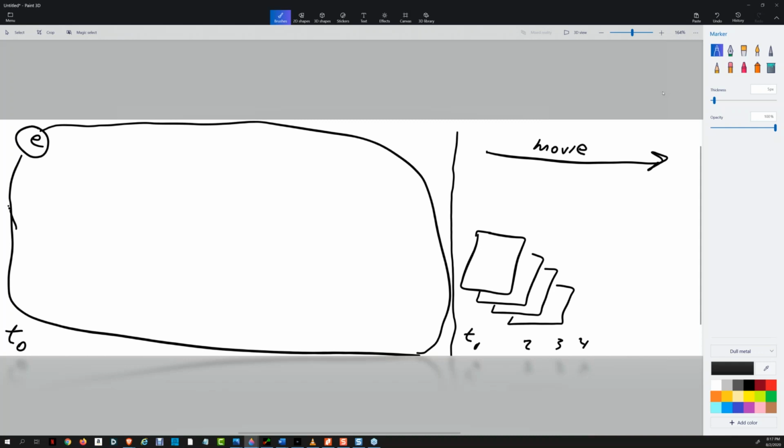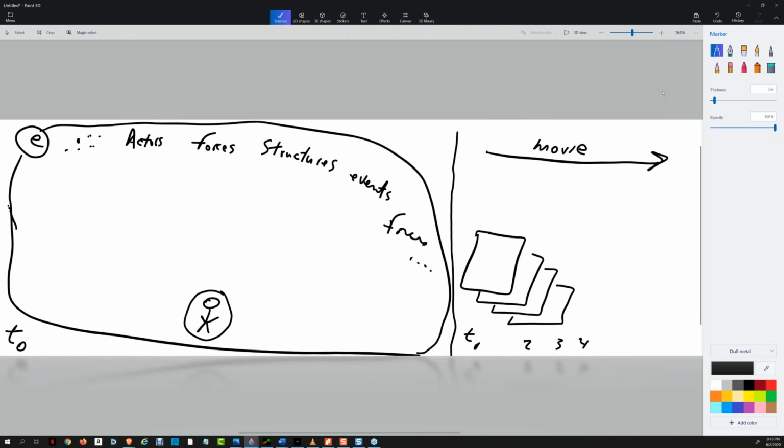And we're going to take that actual living, breathing dynamic, and we're going to realize that we're just one little actor inside of this. That there's a lot of little things going on in here. There are actors, forces, structures, events, forces, whatever. And every action, if I take an action A,